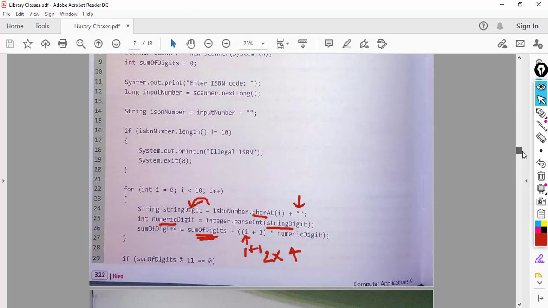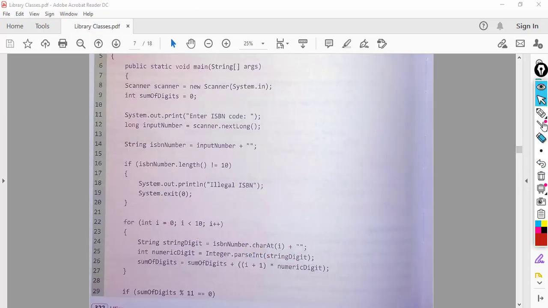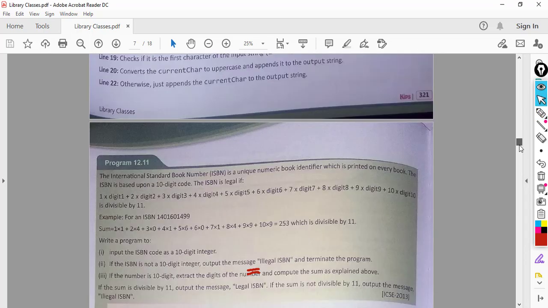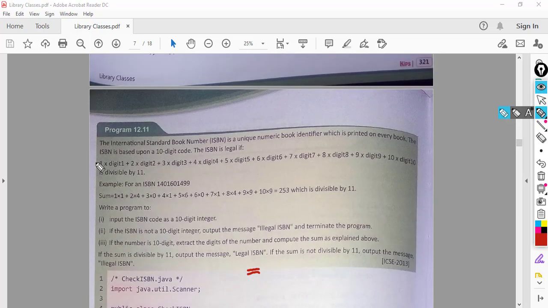Yeah, 2 into 4. So you see, this I plus 1 is helping me achieve what? First time I need 1, so 1 plus 0 will give me 1. Second iteration of the for loop, I need a 2. So I will be 1, 1 plus 1 will be 2.